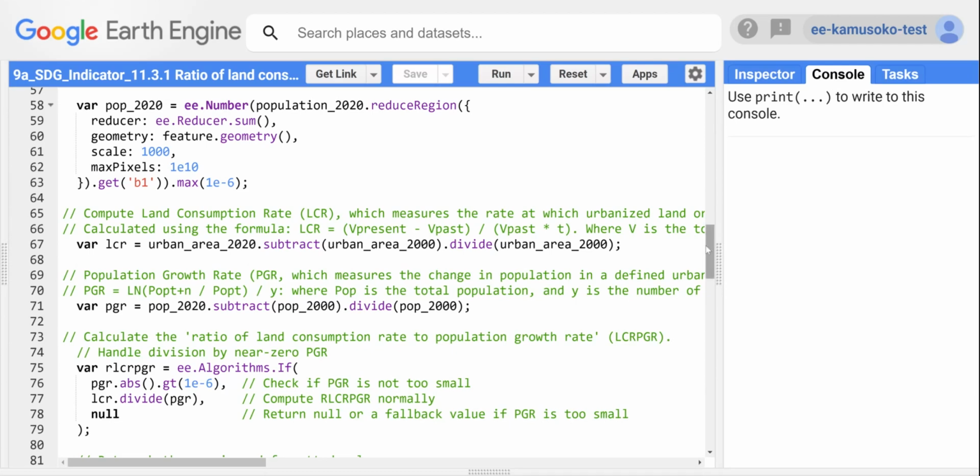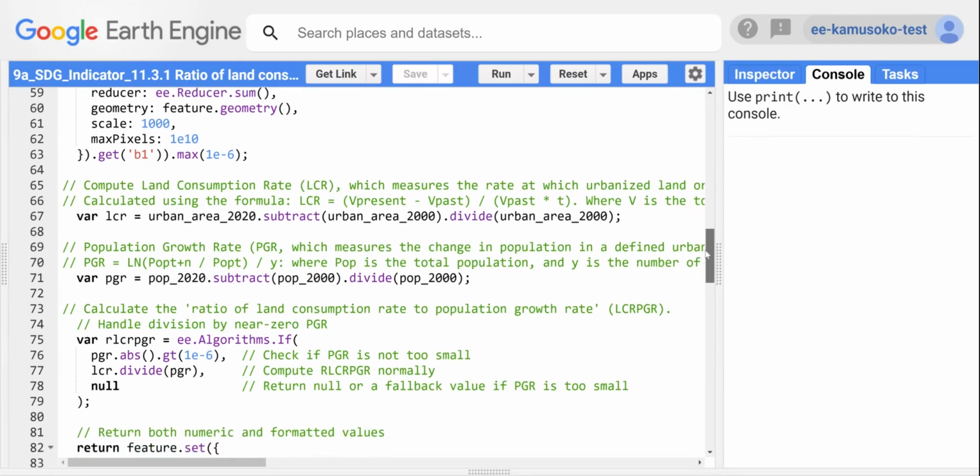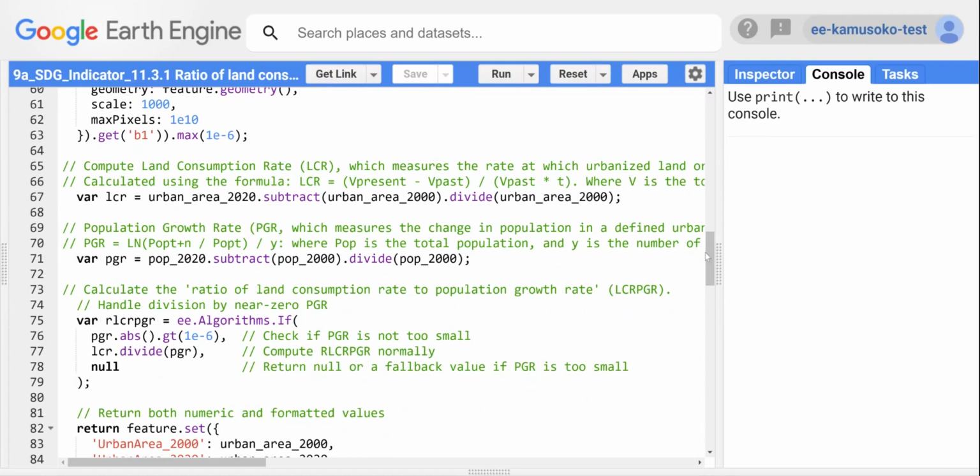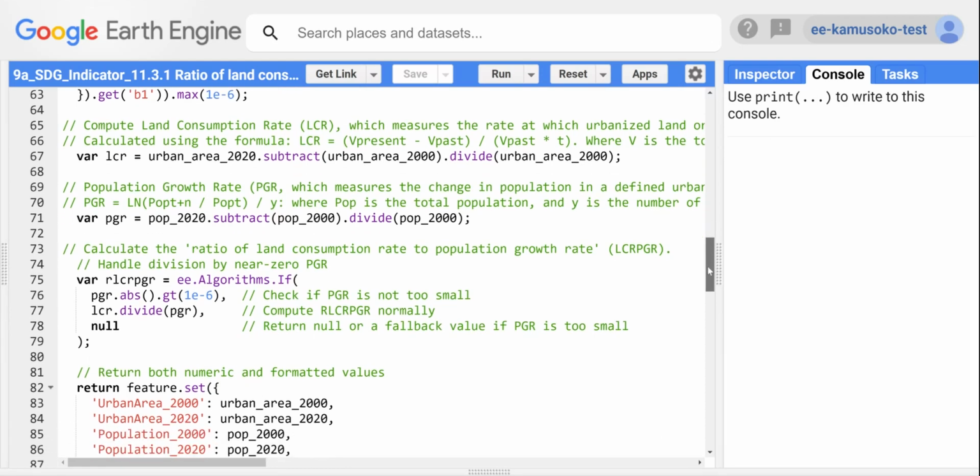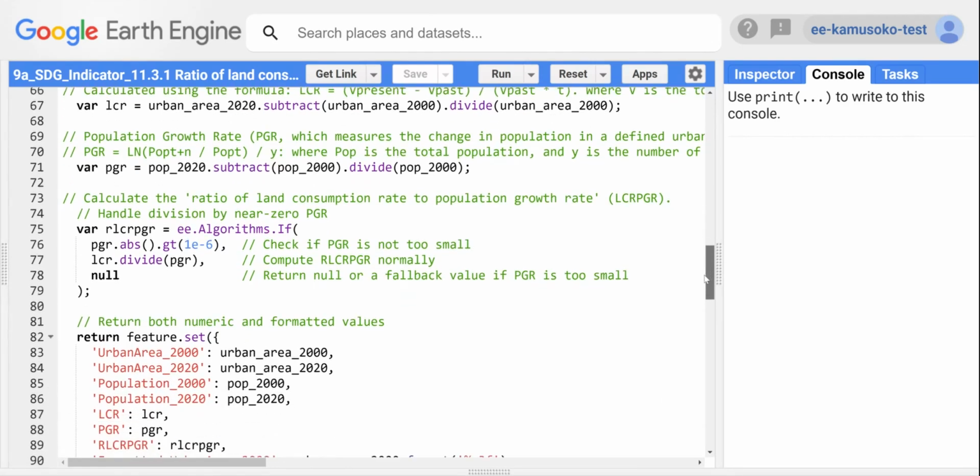And the same we do with the population growth rate, which is again measuring the change in population in a defined state or urban area. So again, we get the population in 2020, subtract the population in 2000, and then we divide by the population in 2000. Right, then finally, we are going to calculate the